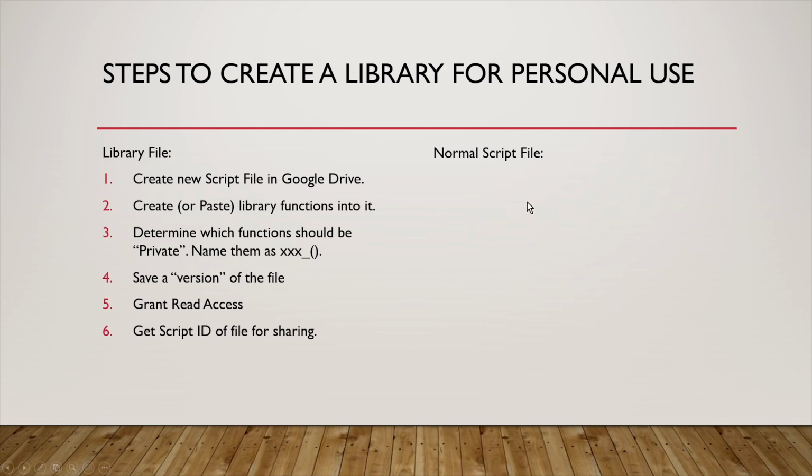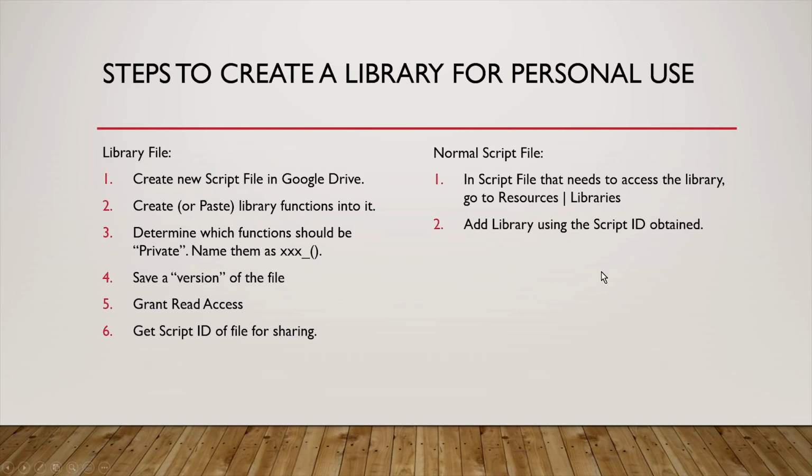Within the script file, go to Resources, Libraries, and there you will have a pop-up where you can add the library using the script ID. Set the development mode. I recommend on for personal use. If you're using it for formal use by more than one person, not yourself, and you need a controlled, managed process of coding and then releasing, then you would turn it to off so that the code versioning would be